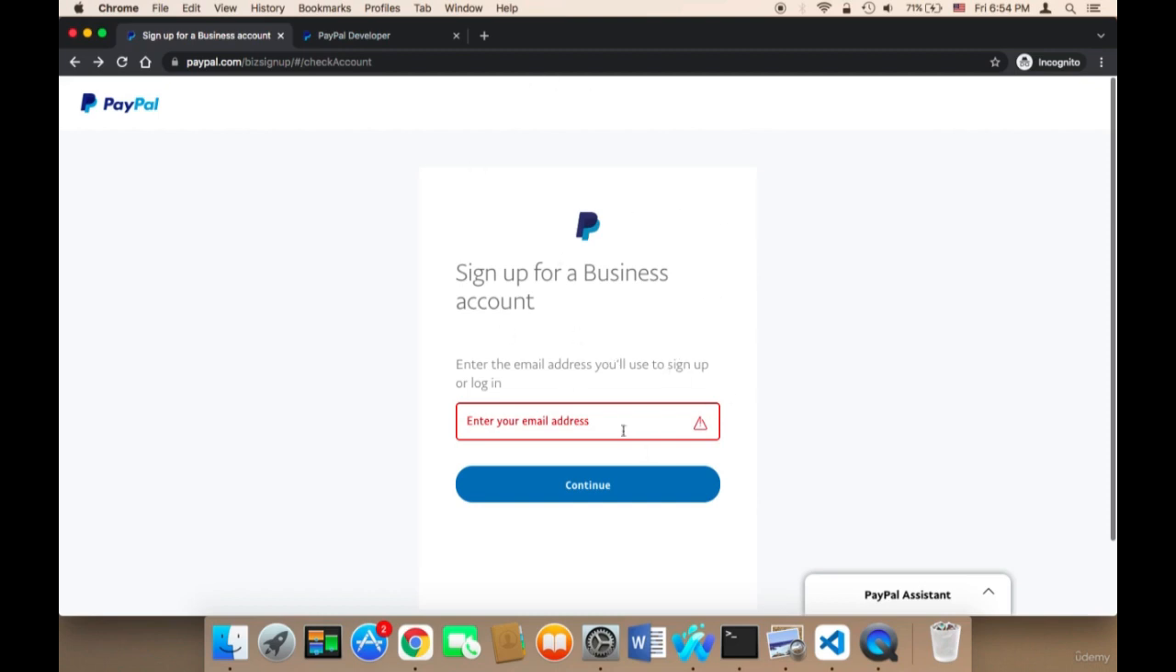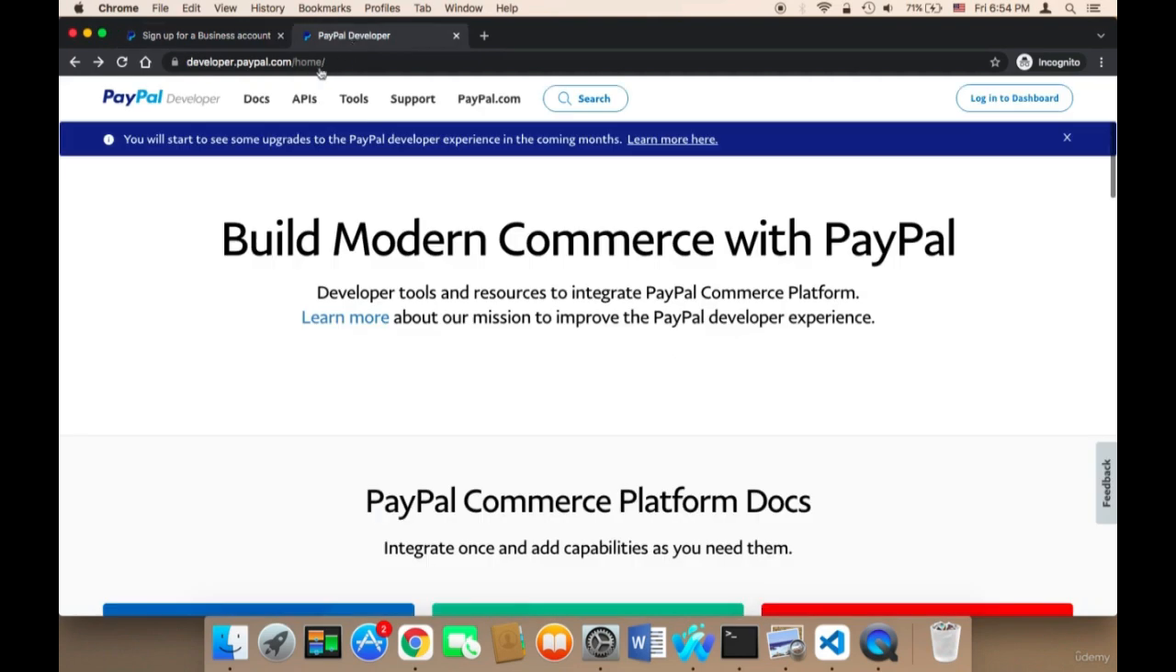After you have done all of this, and after you have finished registering, you need to head on over to developer.paypal.com. Again, that's developer.paypal.com. This is the URL that we need to use in order to be able to integrate PayPal into our project. So you need again to head on over to